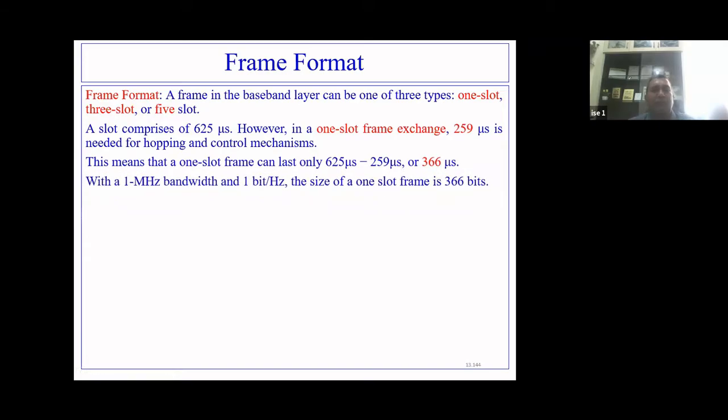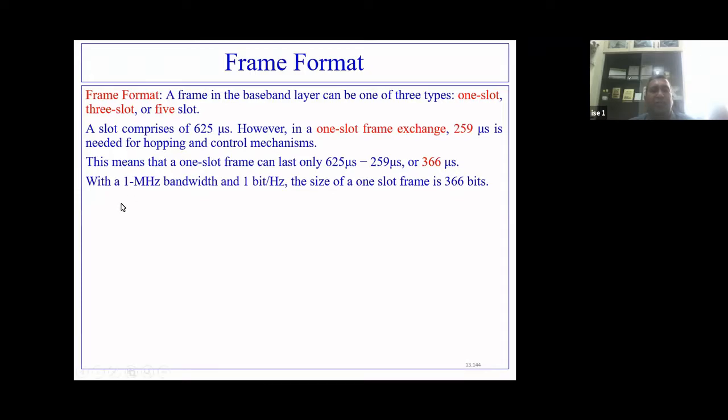So basically, how long can a one slot frame last? Out of 625 microseconds, only 259 microseconds are used for hopping. The remaining is 625 minus 259, that is 366 microseconds.